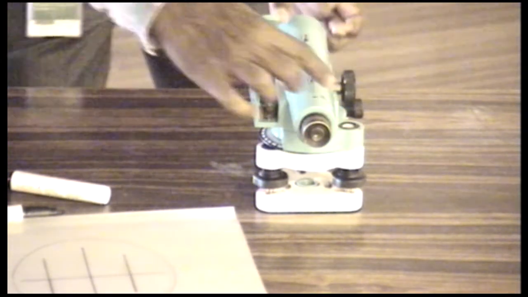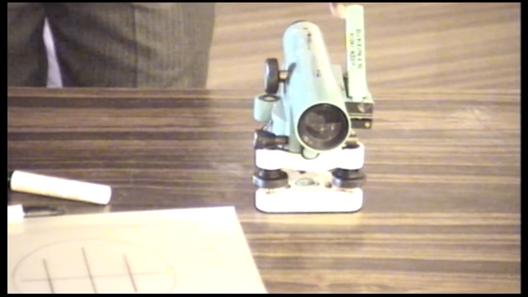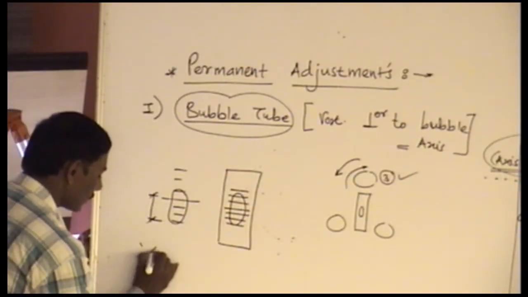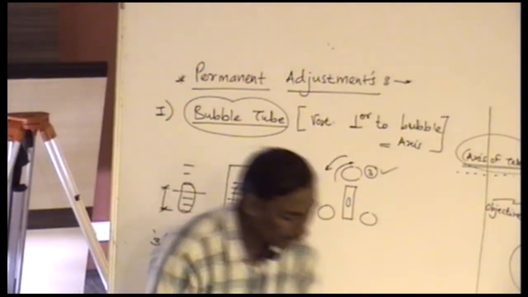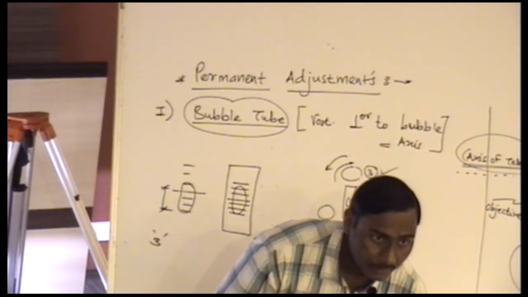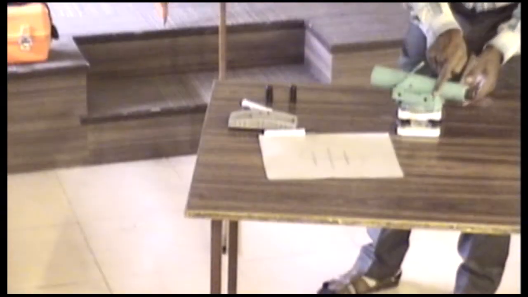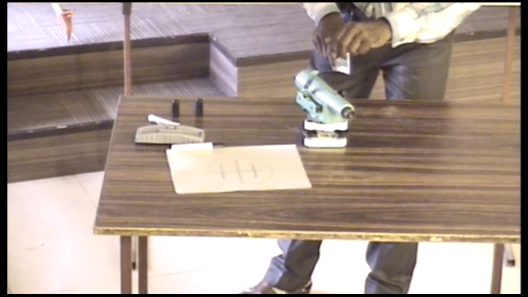Now what I said, turn the telescope by 180 degrees and see whether the bubble is at the center. Usually it is. If not, then what is to be done? Then measure the divisions by which it has deviated. Say it is 3 divisions. Then half of the division is to be adjusted by the third foot screw only, and the remaining half is to be done by the cap provided at the bubble tube. The screw is to be loosened or tightened.